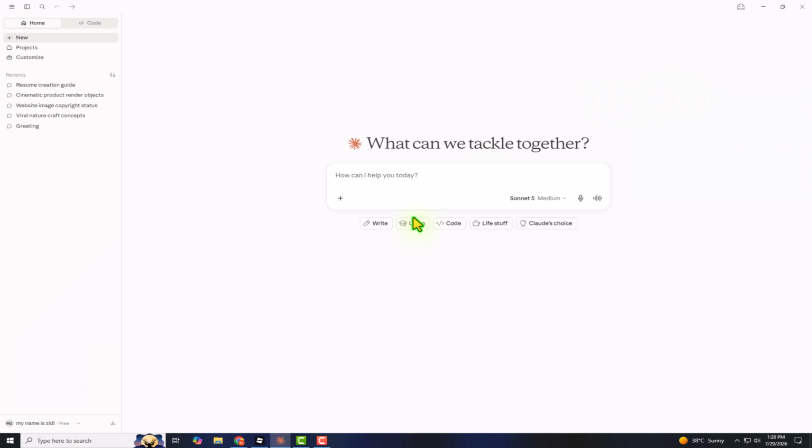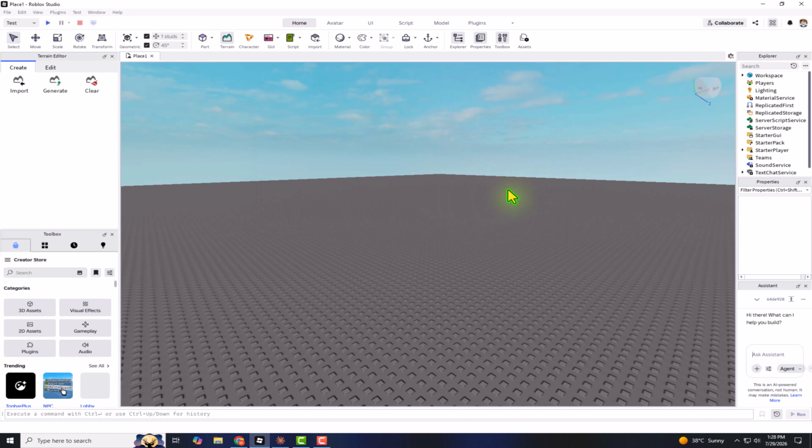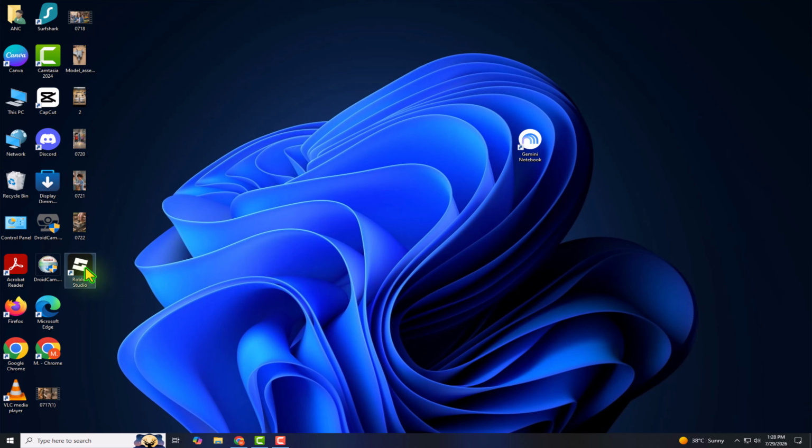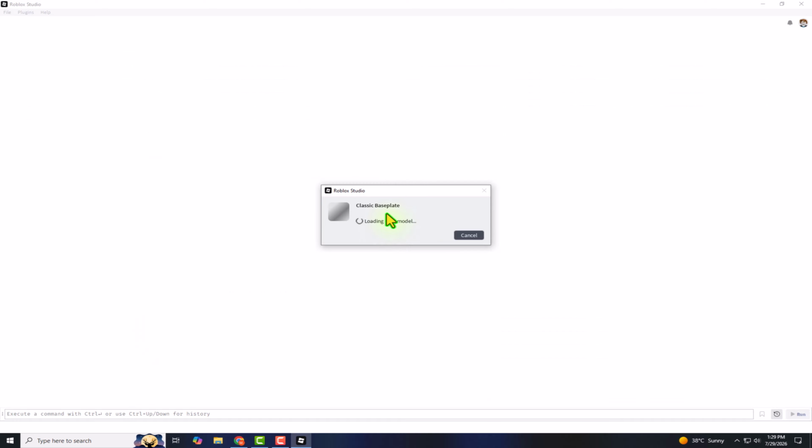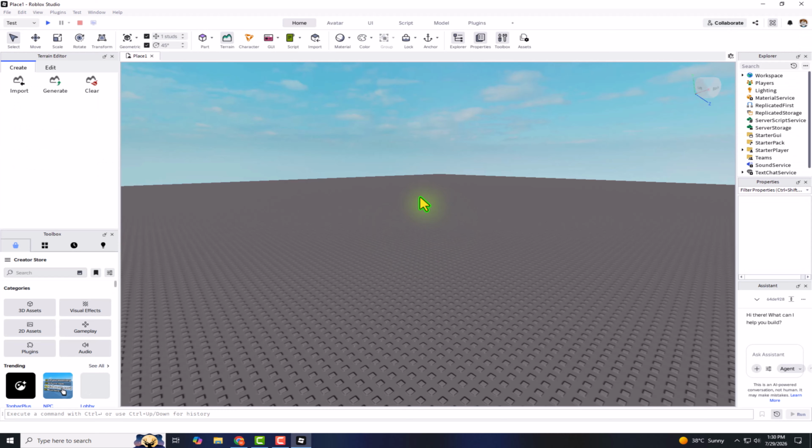Now completely close both Claude Desktop and Roblox Studio. Finally, reopen Claude Desktop first, then launch Roblox Studio again. The MCP connection will be loaded automatically, and Claude will now be connected to Roblox Studio. And that's it. You've successfully connected Claude Desktop to Roblox Studio, and you're ready to start using AI-powered development features